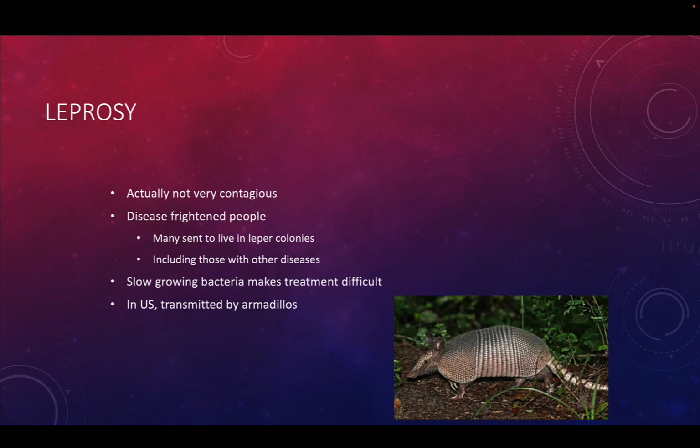Even with antibiotic therapy, leprosy is a tricky infection to treat because the bacterium grows so slowly. Most of our antibiotics work against bacteria that are actively growing. And the faster they're growing, the faster we can kill them. The slower they're growing, the longer you have to take the antibiotics in order to kill the infection. The bacteria that causes leprosy is really closely related to the bacteria that causes tuberculosis. They're in the same genus. So they're about as closely related as a horse and a donkey. Super, super closely related.